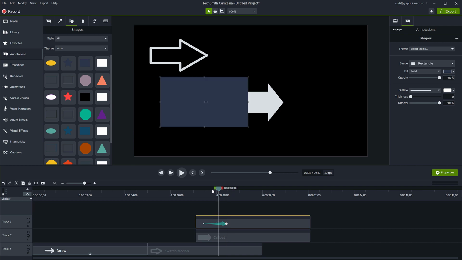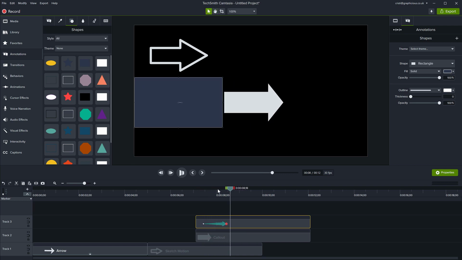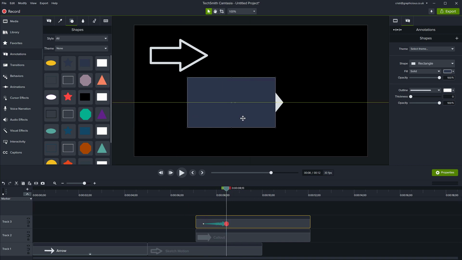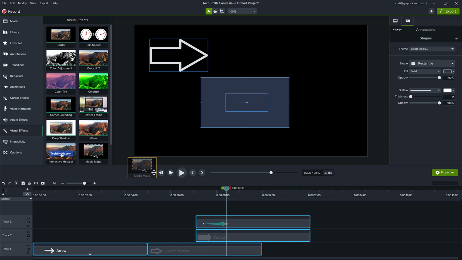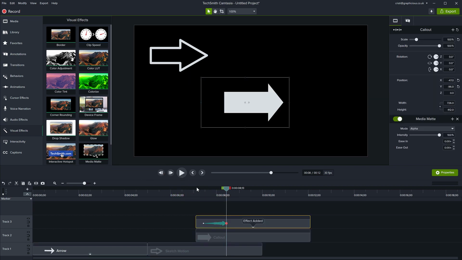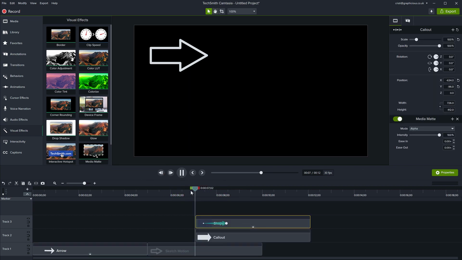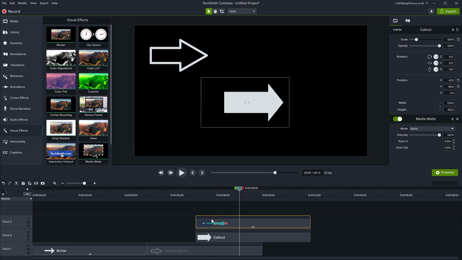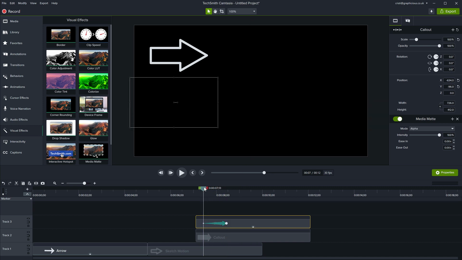This might be overkill depending on how many arrows you have. Look, this one is actually now covering or revealing, and you can turn it around. I actually should have gone here now, and you can bring it into the arrow like so. Then you can reveal the arrow by using the visual effect media mat on this revealing shape here. It has alpha, so it slides in and your arrow appears. If you like to do it from the other side, of course you can reverse the animation. So leave it here, and then this end you move all the way to the right side like so.